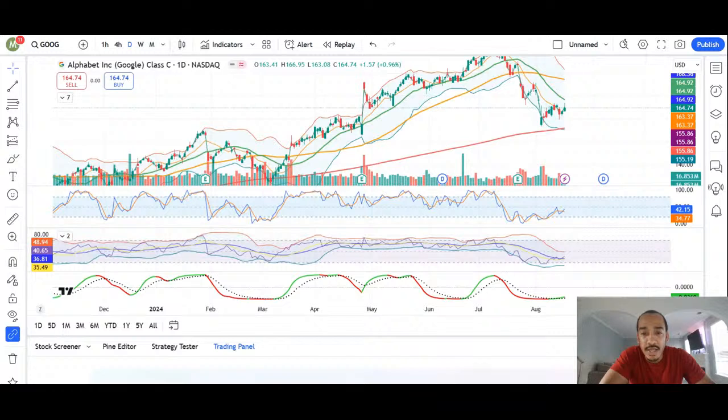But on top of that, this indicator that I got on the bottom, I want to say it's the smooth MACD or whatever. I stopped using the MACD. I kind of like this one better, but it's the smooth MACD or something like that.